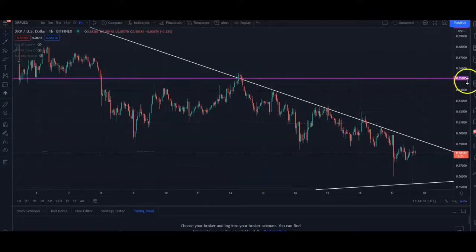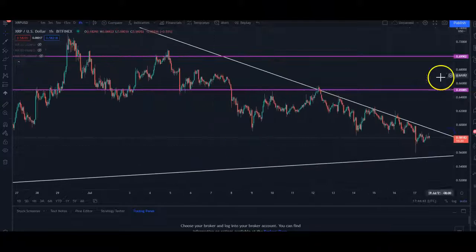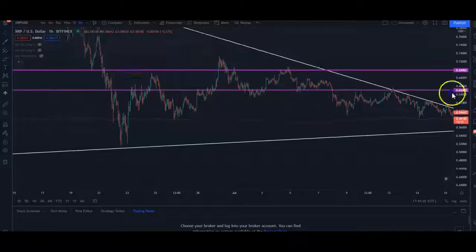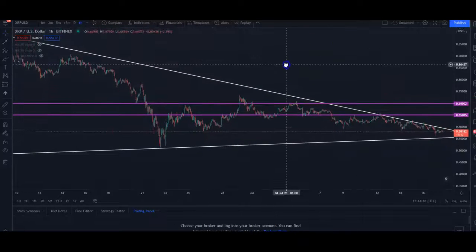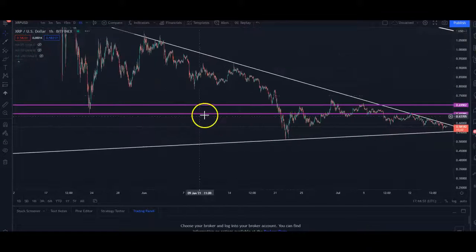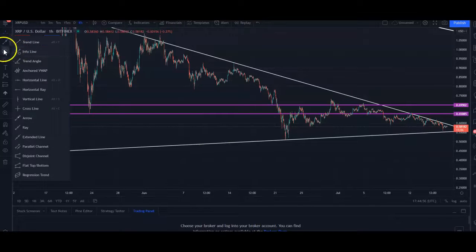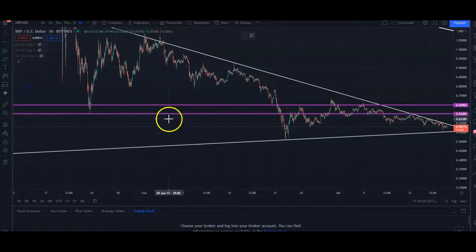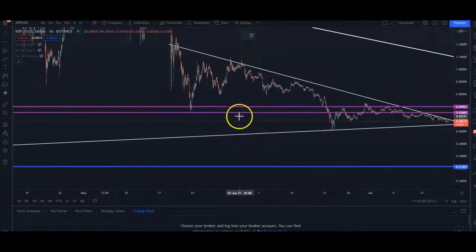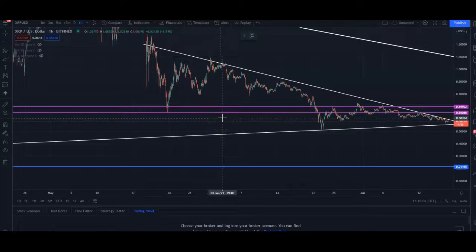The same thing, guys. I'm just going to look for my support, I'm going to look for my resistance, and I'm going to look for an area that may have been a support turned resistance, or vice versa. Now on the hour time frame, instead of using the horizontal line, I'm going to use a horizontal ray. The horizontal line tells me that that's happening on the higher time frame, and if something happens on the higher time frame, it's a stronger confirmation, because on shorter time frames,